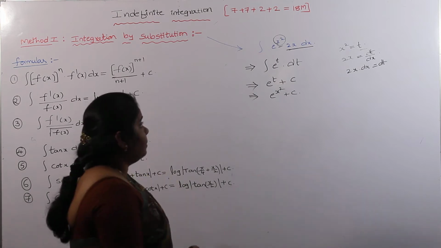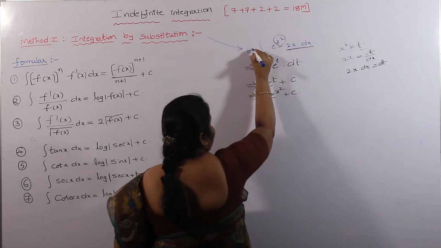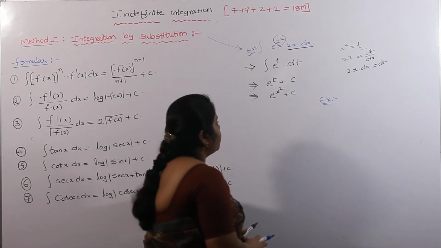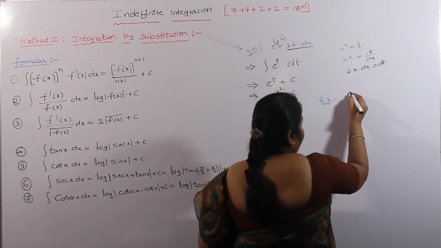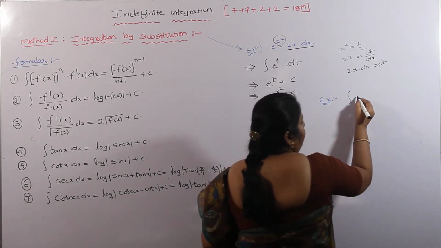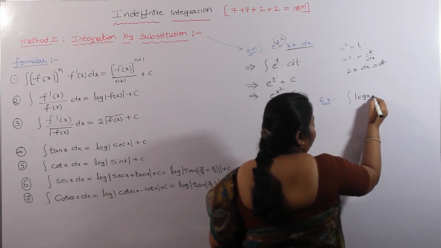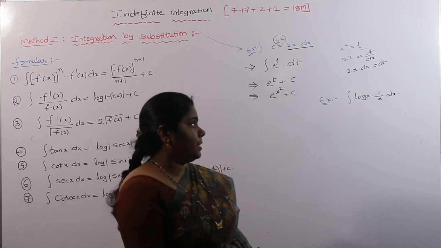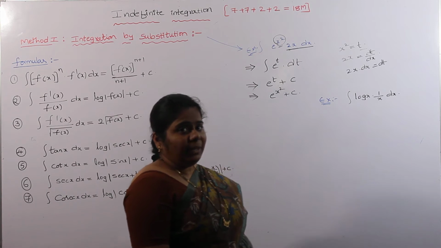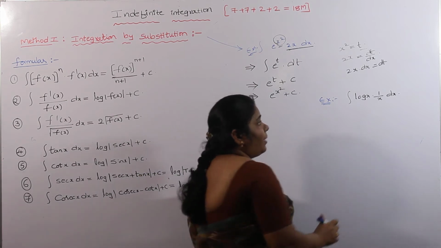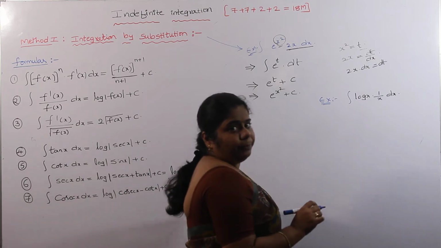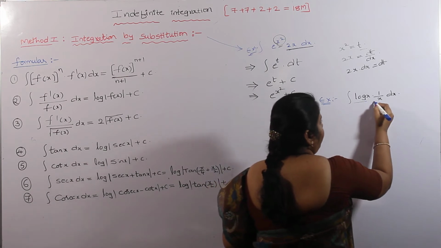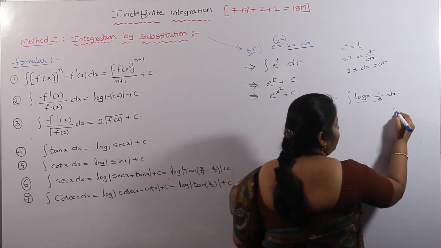I am giving one more example. This is the first example. Next example. I am giving one more example for this substitution model. Integral of log x into 1 by x dx. Something we are substituting in this problem. What we have the differentiation, that is take it as t. Log x differentiation is 1 by x. So we take log x is equal to